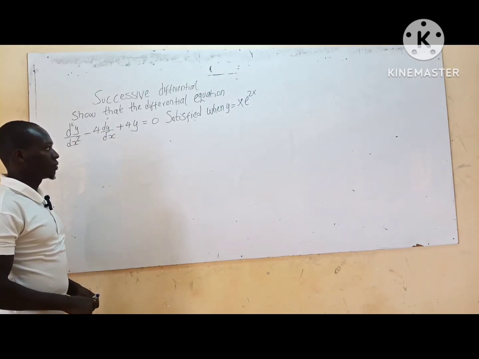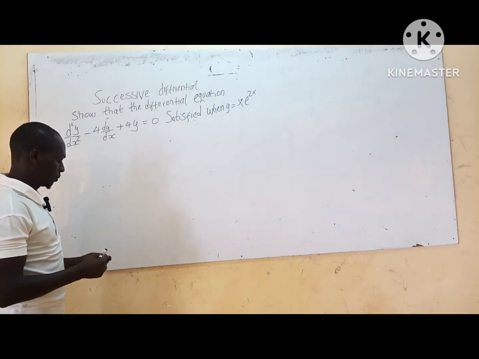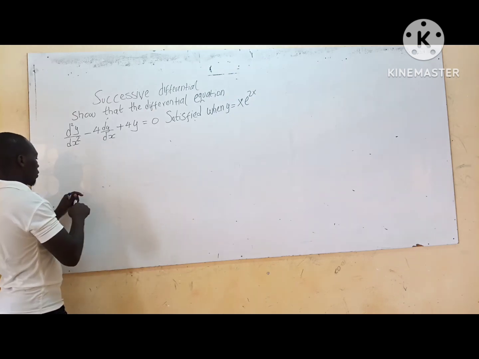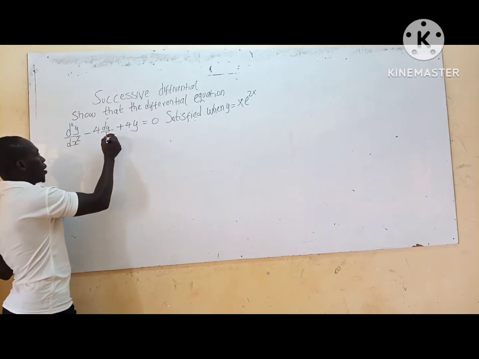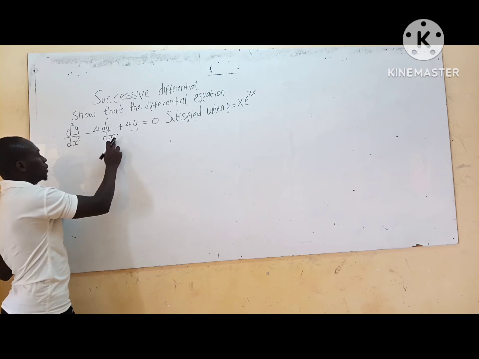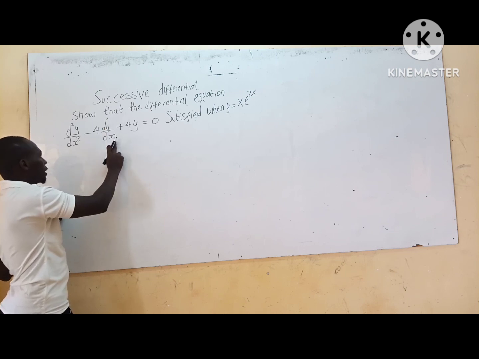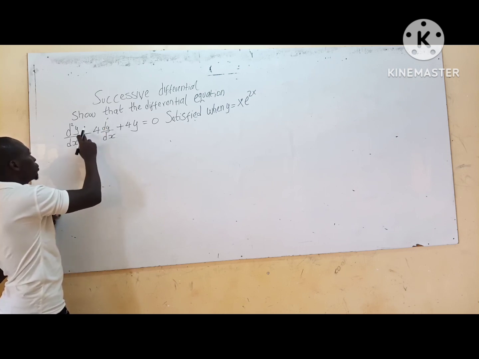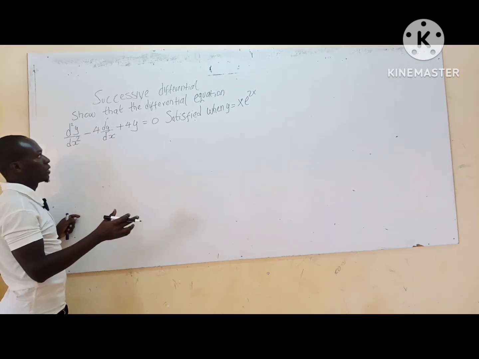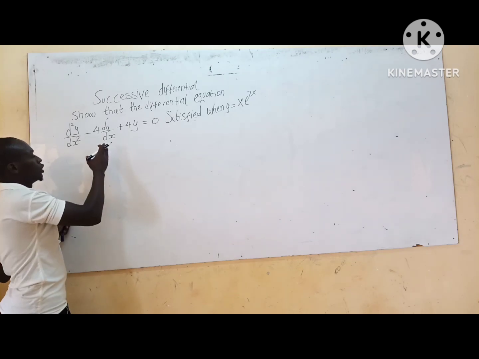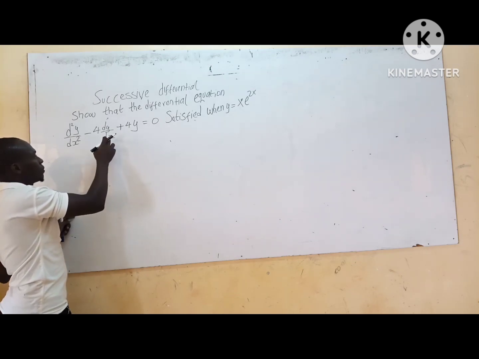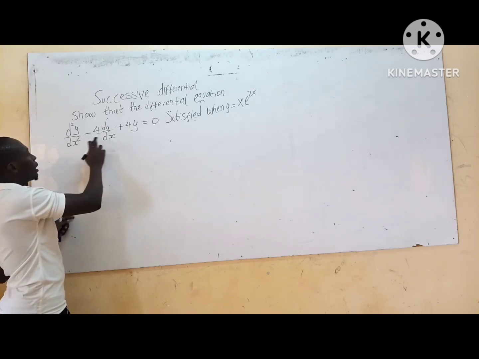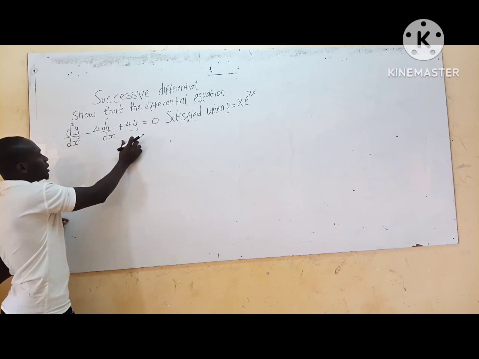By using successive differentiation, we are going to do our first differentiation, dy with respect to dx, and then we are going to move to our second differentiation. After carrying out all this differentiation, we are going to substitute our first differential here and our second differential with this one to satisfy that whatever we have on this side